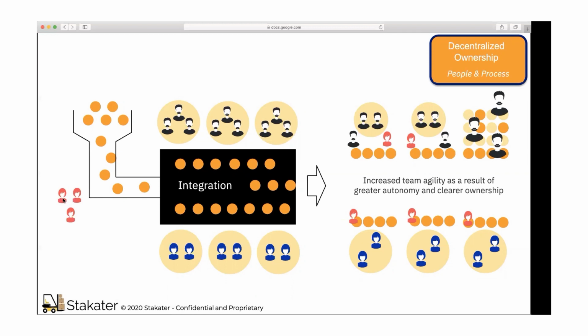But the whole idea is to break that up and make integration people part of the development teams, or product teams, whatever teams you have. This results in increased team agility as a result of greater autonomy and clear ownership. The teams individually own the integrations rather than having a centralized team managing them.